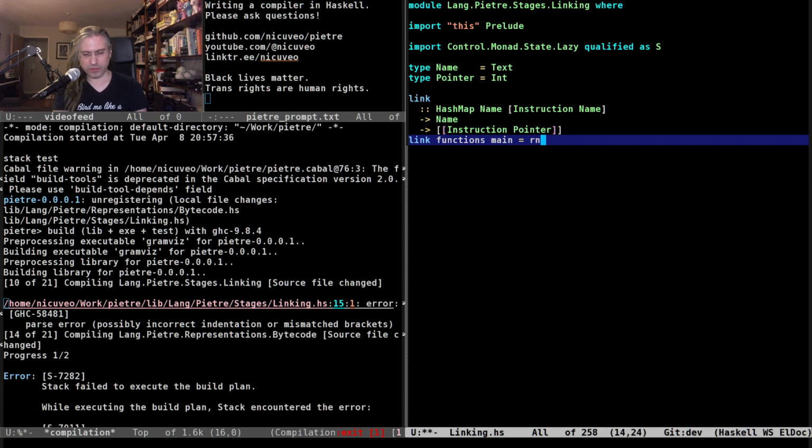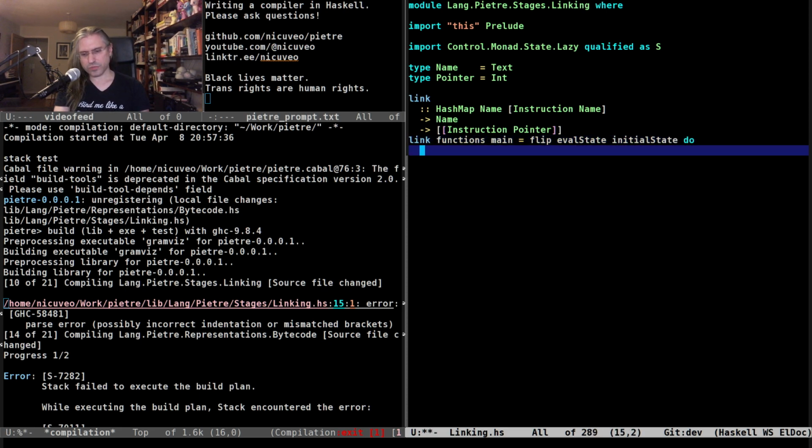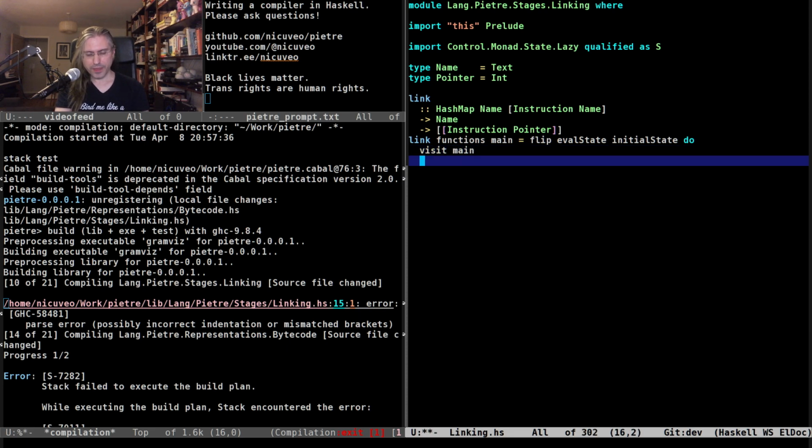So this is going to be just an eval state t or something like this, or just an eval state. Flip eval state of the initial state, whichever it might be. And what we're going to do is first visit the main function.